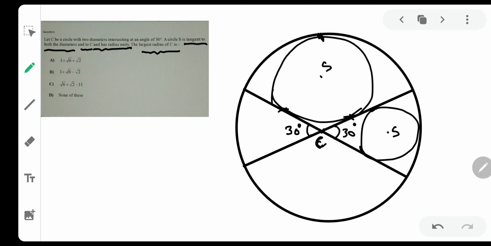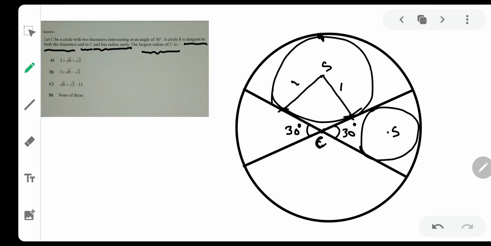Now you will say, sir, the upper circle seems the largest radius circle, but do not assume that, because our diagrams are not up to scale, so there might be mistakes in them. So you have to calculate both the radii, and then only you can know which is the largest radius. So let us try for this particular one, the one which seems bigger. I don't know whether it is bigger or not. So let us draw the radii which touch the tangents or the diameters, both are equal to 1.